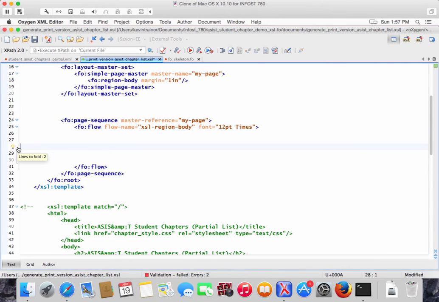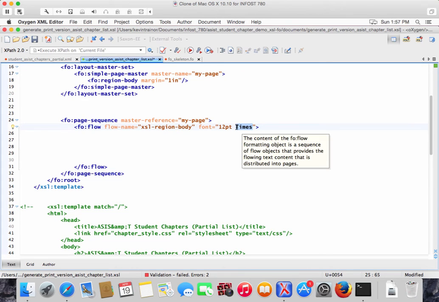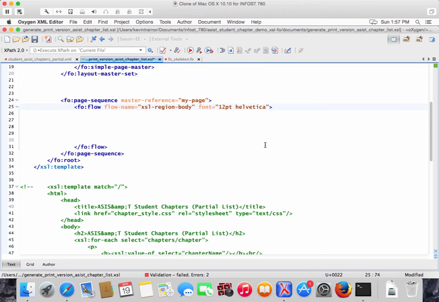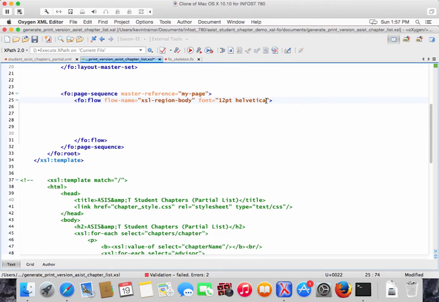including their choice of font, okay? So the font that I like to use is a sans serif font like Arial, and I happen to know that XCP comes with a font called Helvetica, which is a classic sans serif font. So let's say that as a default, we would like 12-point Helvetica, okay? And